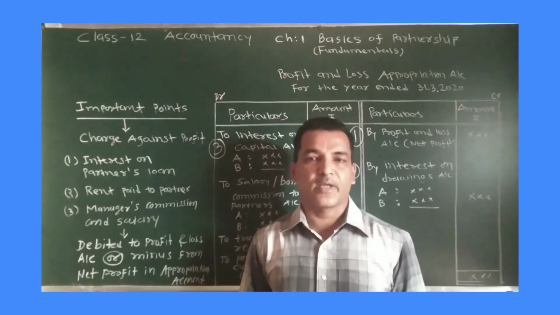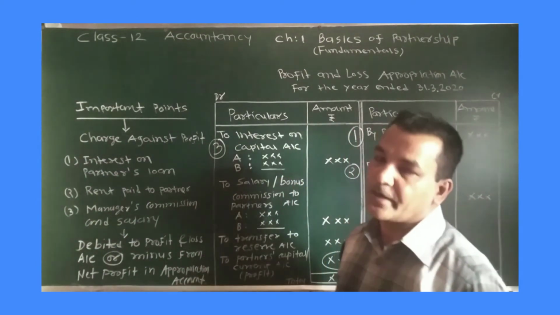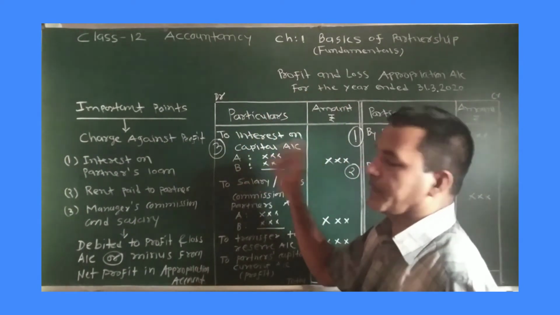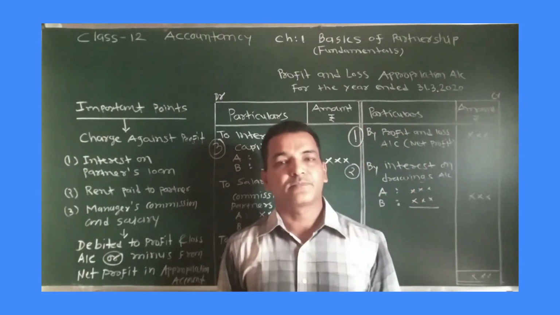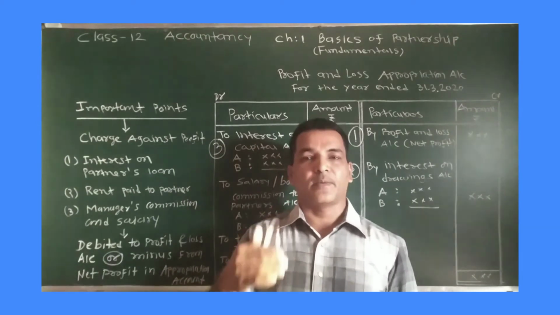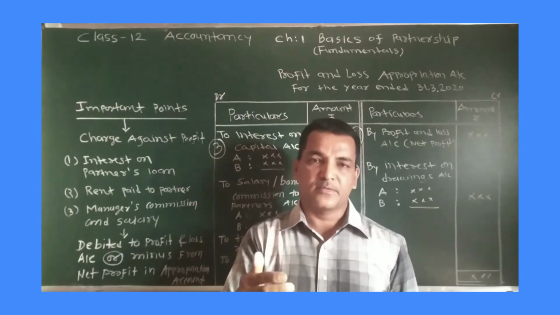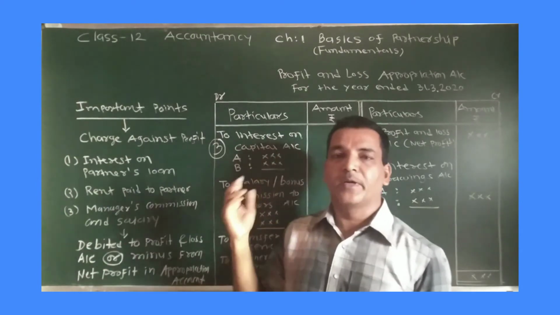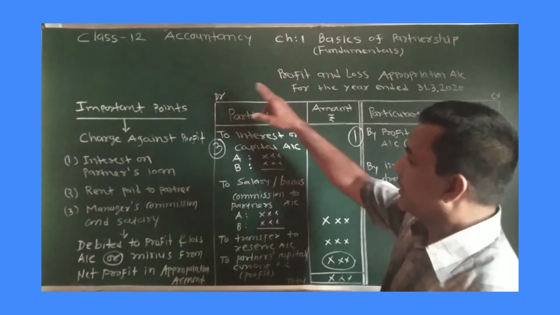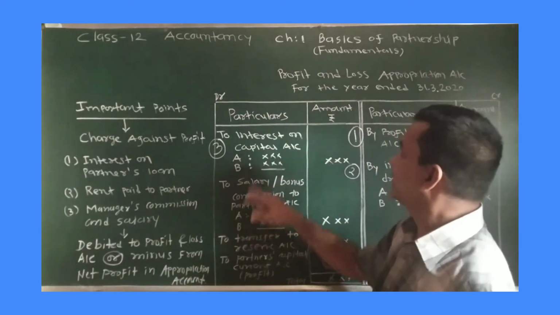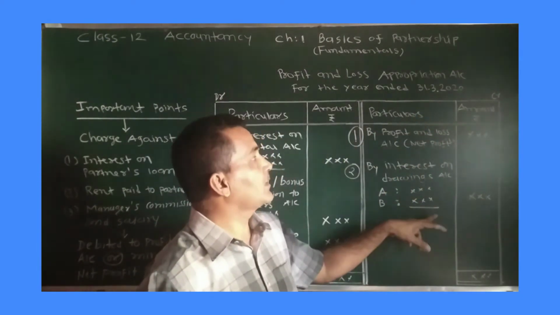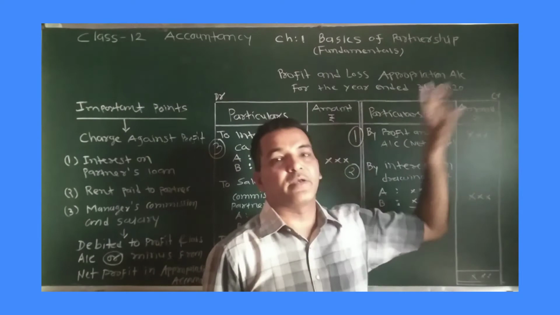Thereafter, interest on capital is transferred to the appropriation account. So the second entry would be profit and loss appropriation account debit to interest on capital. So two entries. First would be interest on capital account debit to partners' capital or current account, whatever is the case. And the second entry, profit and loss appropriation account debit to interest on capital. Here, whatever you write on the debit side indicates that the appropriation account is debited. And whatever you write on the credit side indicates that the appropriation account is credited.